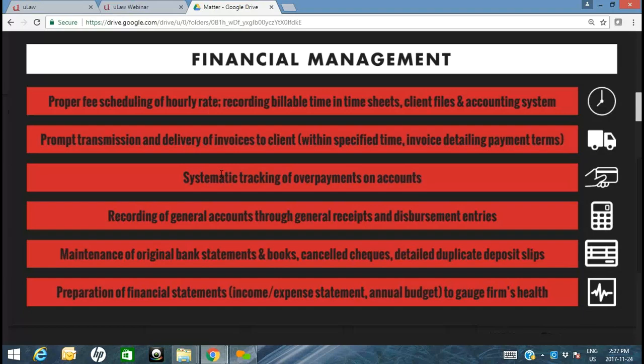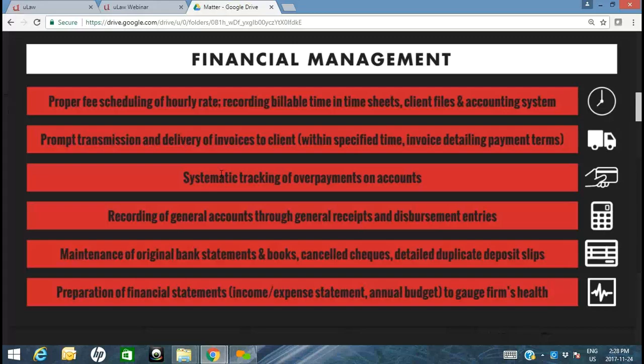The third component that we've outlined here is for internal use by legal professionals, because this is another horror story that we hear from clients. It is a way for you to track any underpayments or overpayments on accounts, or withdrawals. Either the client doesn't pay the exact amount, and this becomes a bigger problem when you don't have a retainer involved, in which case you're going back and discounting or writing off invoices, etc. So you really want to keep tabs on that, as well as ensuring that you're tracking